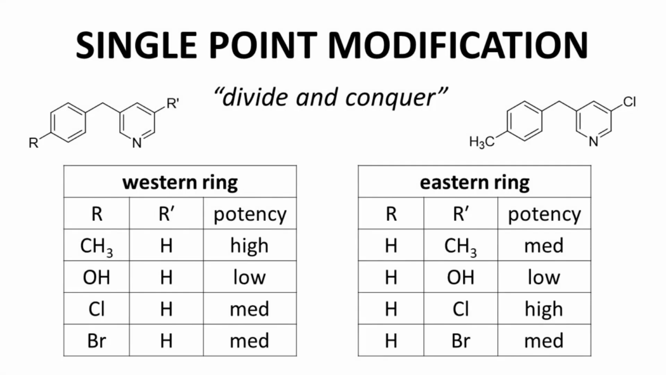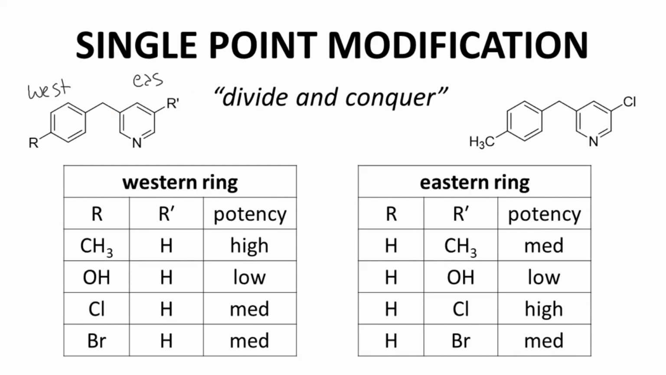I sometimes call single-point modification the divide and conquer method. Let's see how this works. Assume that this molecule in the upper left is part of our lead series. In a sense, the molecule has two parts, the left ring and the right ring. Often researchers will describe parts of a molecule with compass points. So the western ring